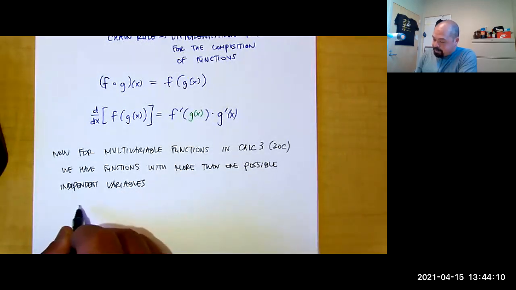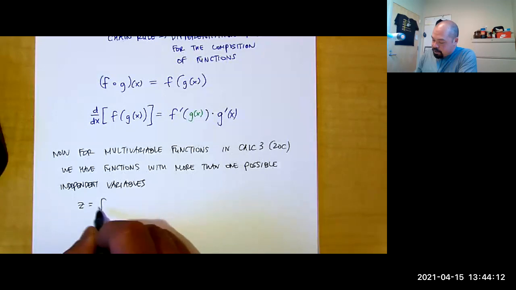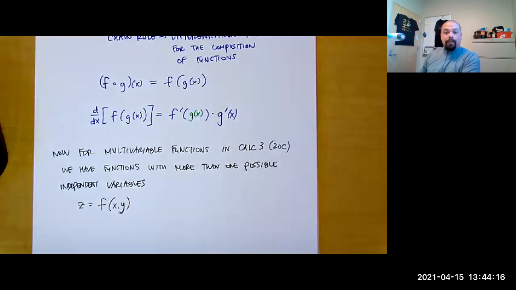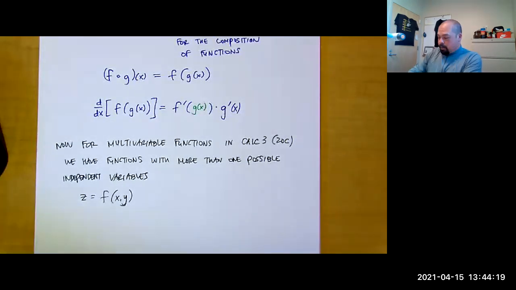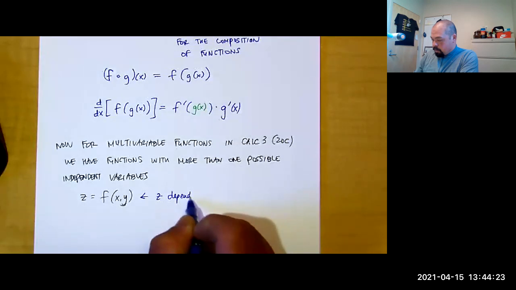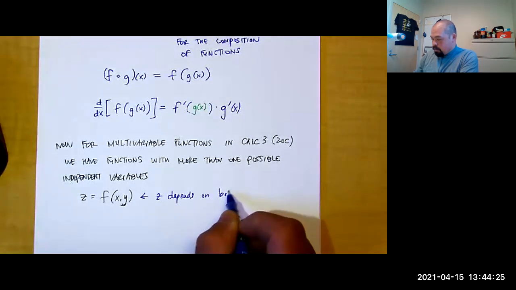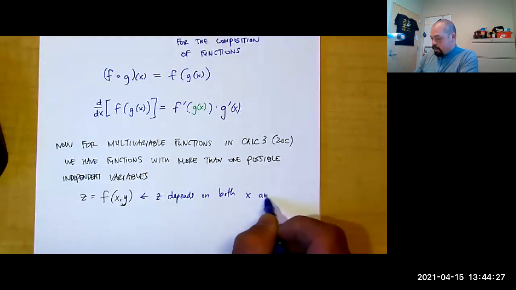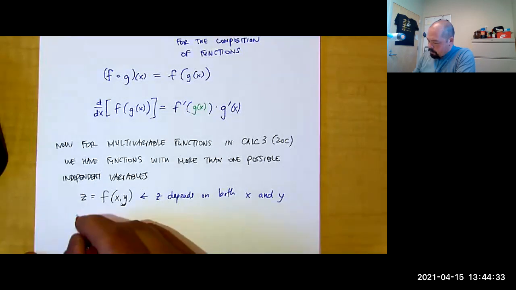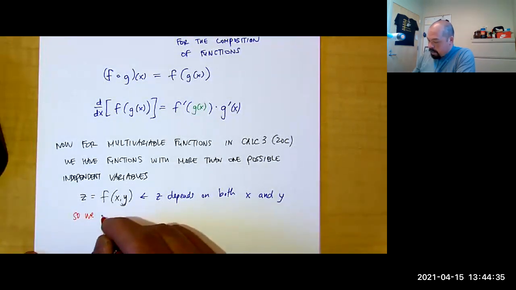Right, so we had that z is a function of x, y, right? So as we talked about here, z depends on both x and y. So in that case, we identify